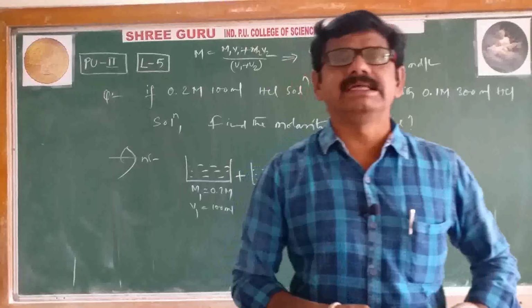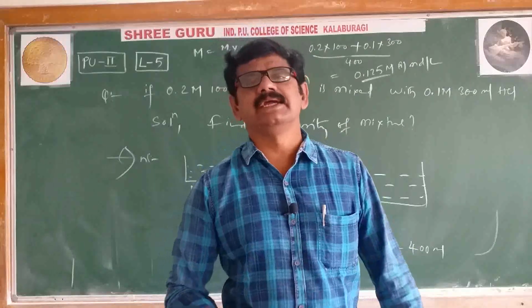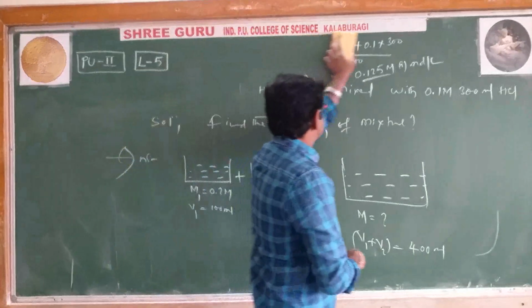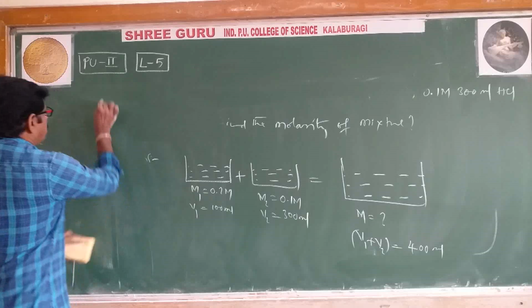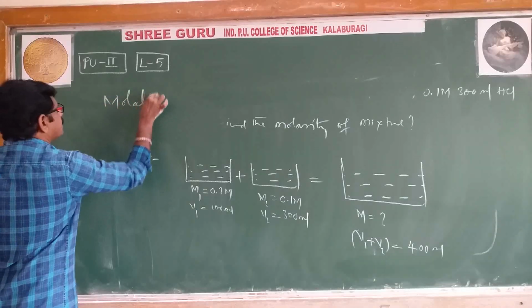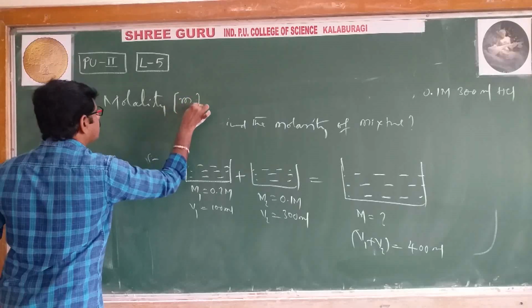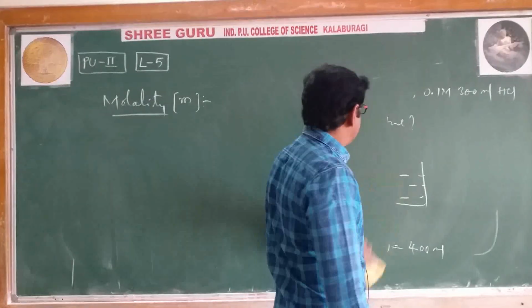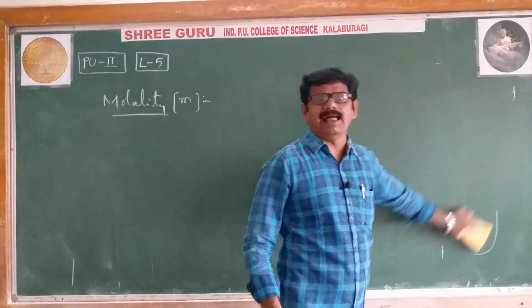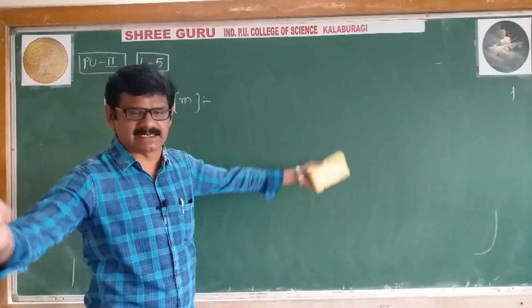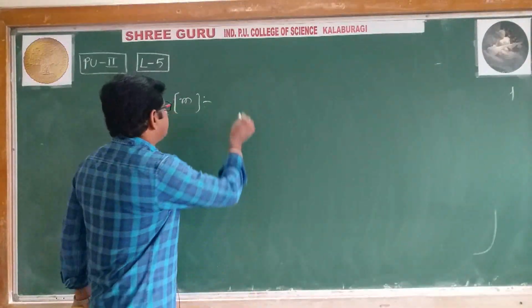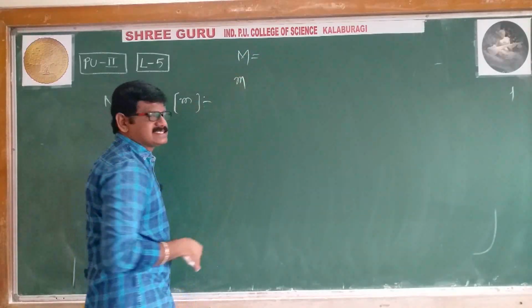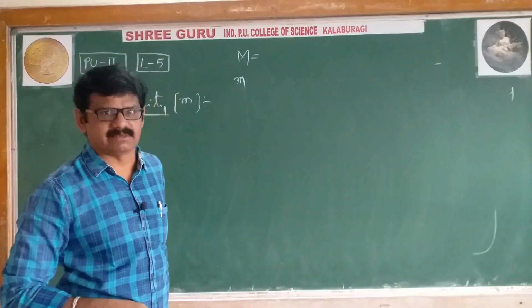Then, from this molarity concept, we have completed. Next we will enter into another concentration expressing term, that is molality, which is designated with a small m. Previously we have learned molarity, now it is molality. Only one letter is different, but the entire phenomenon is different. Remember, previously molarity was designated with the capital M. Molality we are now designating with a small m. A lot of differences between them, right?